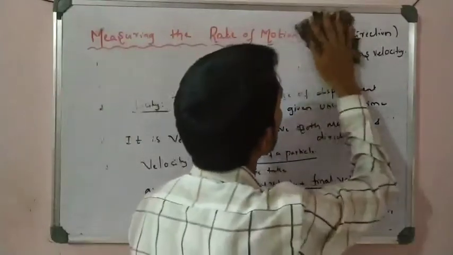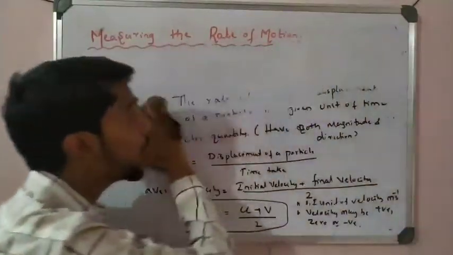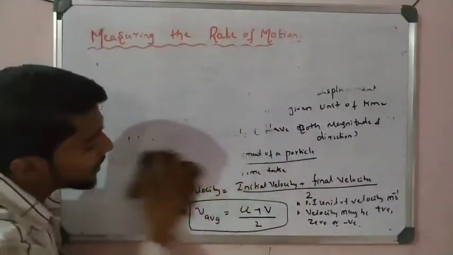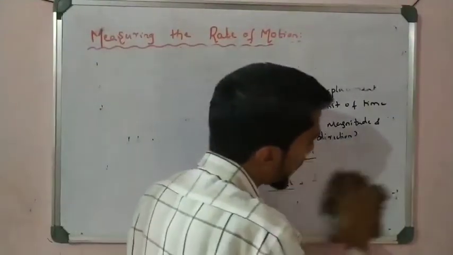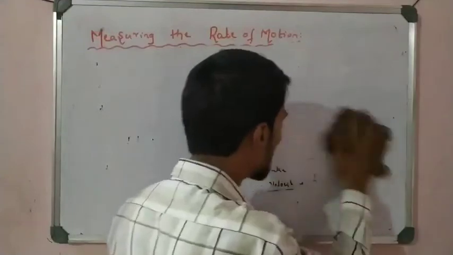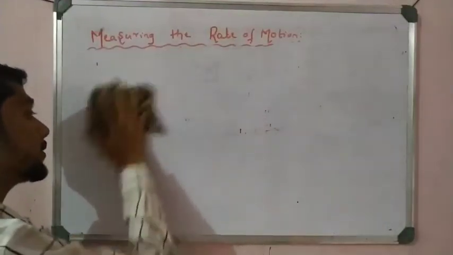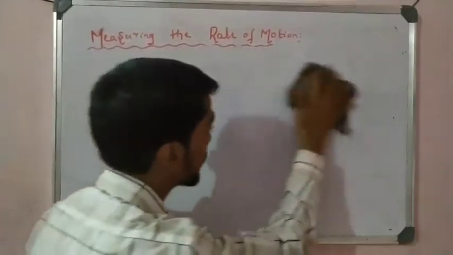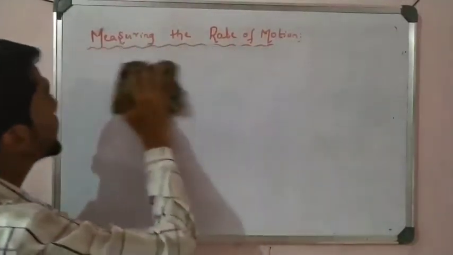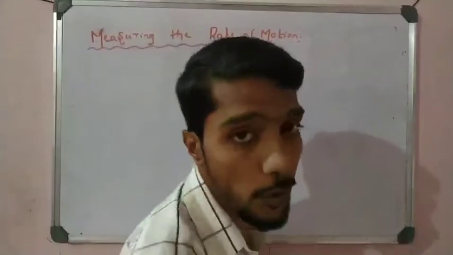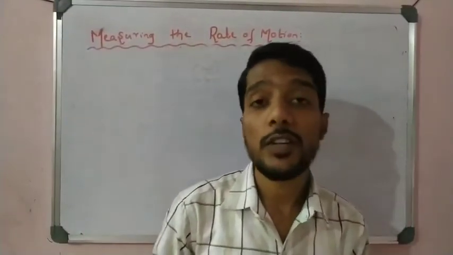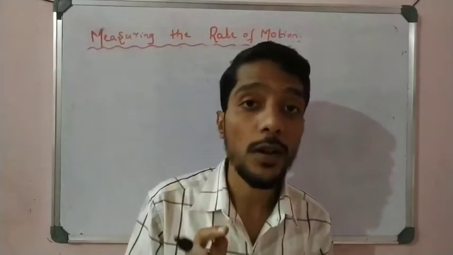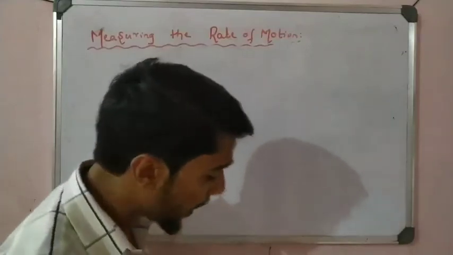Okay students, now I can remove this. See, we take two quantities here. One is without direction, which is speed, and with direction it is velocity. Practicing all these definitions is very important for 9th class. This chapter is repeated in class 11 also, and it is very important for college level. Average velocity and average speed are very important concepts at college level too. So let us start with one numerical.